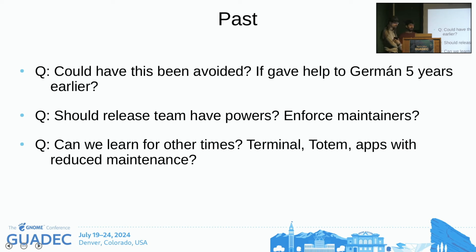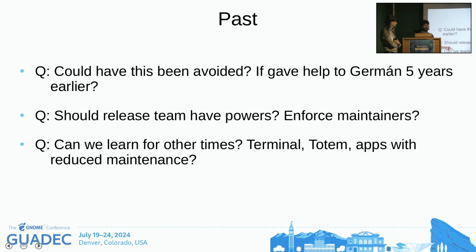One of the problems that I bumped into in this process is that the release team didn't actually have powers. I was really in contact with them, but they couldn't do anything more than, well, fork it. I was like, how can you, the technical representation of the project, tell me to fork the app because we can't do anything? So is that something that we should change? That always comes with a risk, no? Giving them power has other consequences, but yeah.